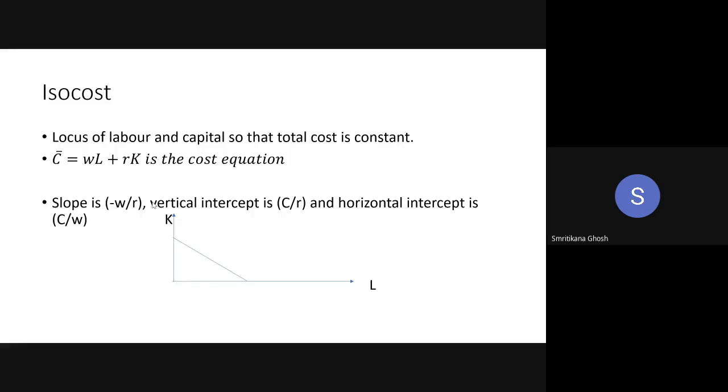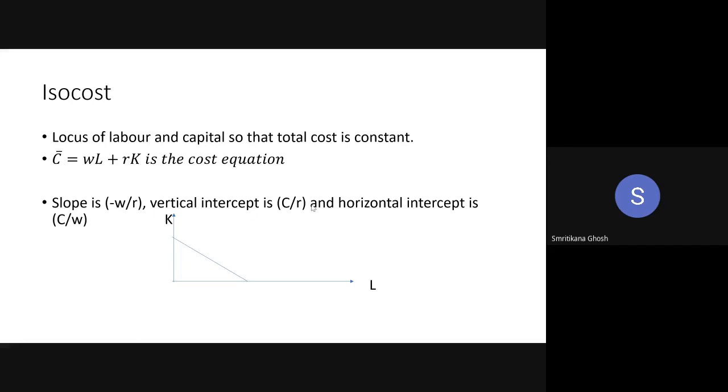Okay, fine. So up to this part, in the next class we are going to discuss the equilibrium. Here look, you have isoquant. From your production you have isoquant. You know the property, the shape, everything about your isoquant. And from here you are getting isocost. So you have to just join them.